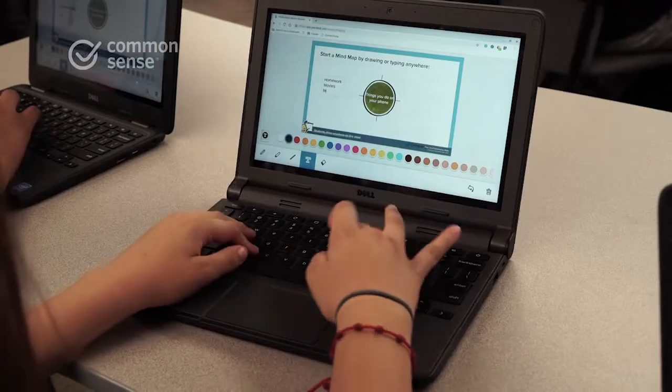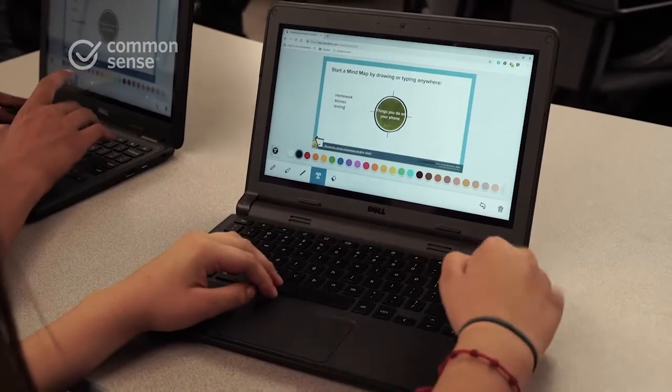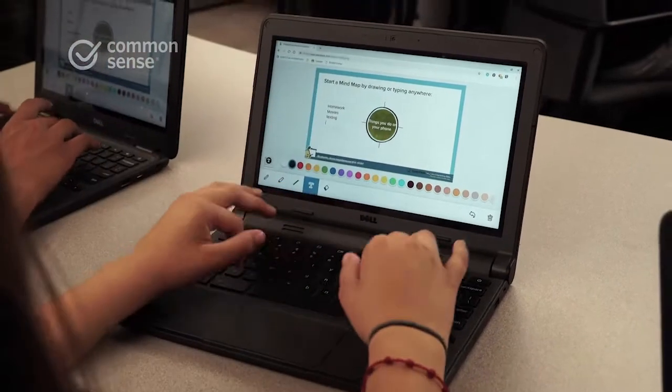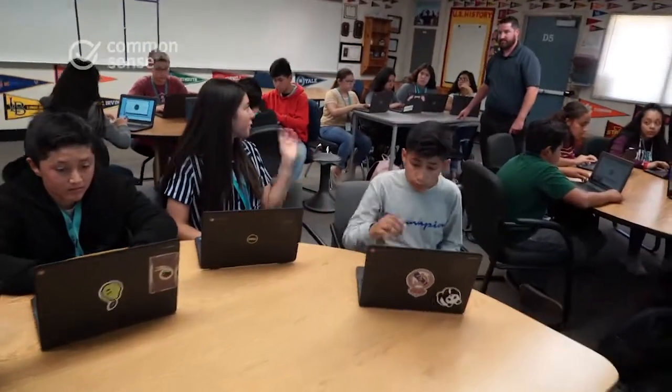The next thing I do with my students is have them create a mind map listing the things that they do with their cell phones or devices. What are some things that you use your devices for? Like during the day, I learn something new, or I'm just curious, I would go on Google and look it up. So you go look up stuff that you learned at school through Google?